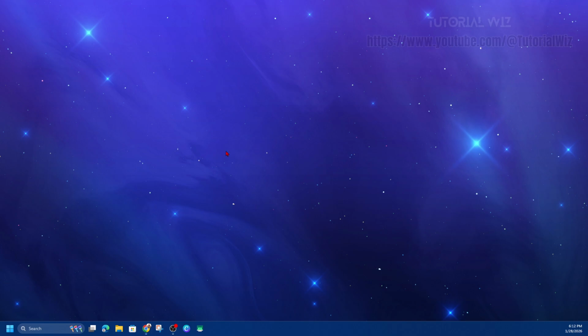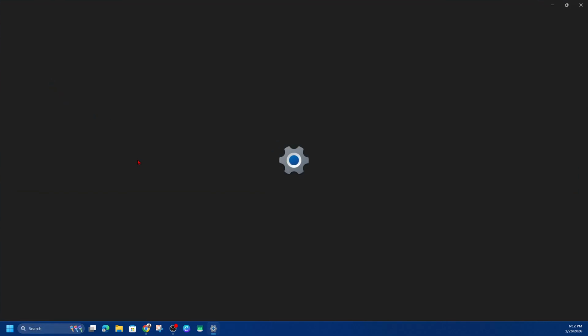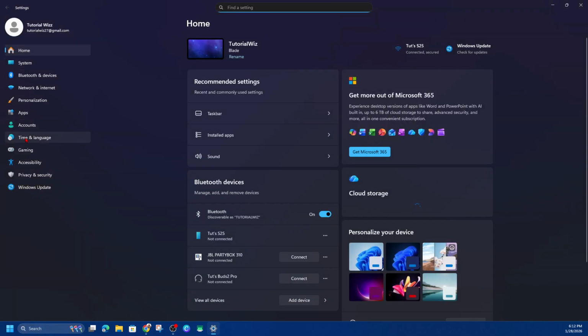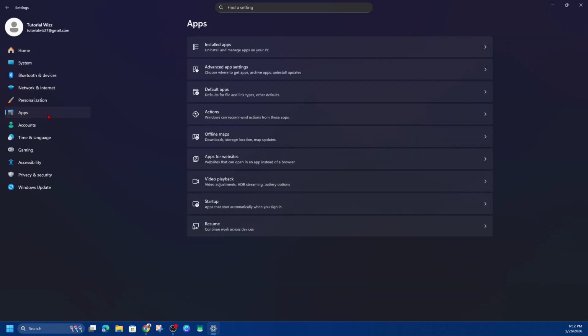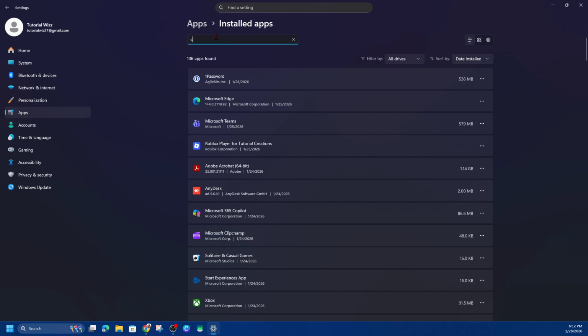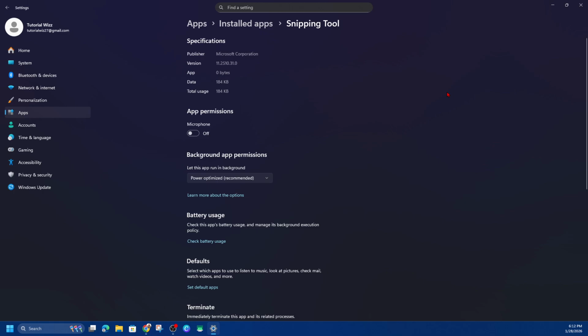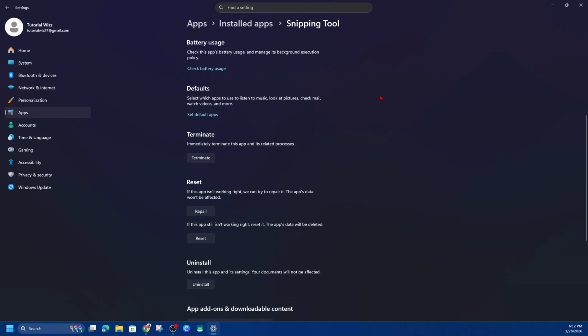Now another fix that we can try is to repair or reset the Snipping Tool. To do this, we need to open up Settings. So type in settings. Once we're inside Settings, on the left hand side we want to find Apps. Click onto that, and then to the right click on Installed apps, and search for Snipping Tool. So I'm going to type in snip. There it is there. Click on the three dots, get into Advanced options, then scroll down here